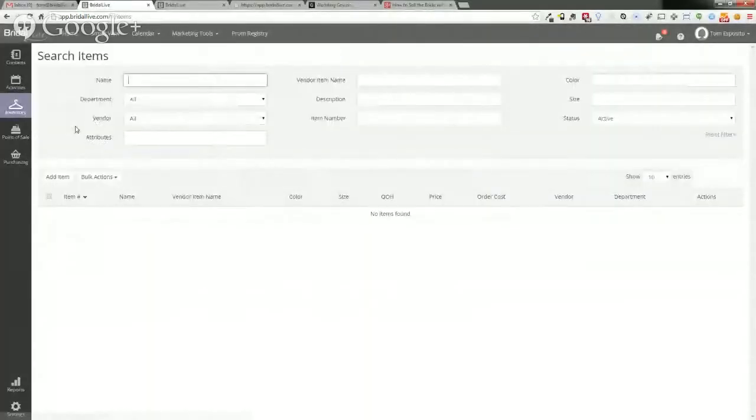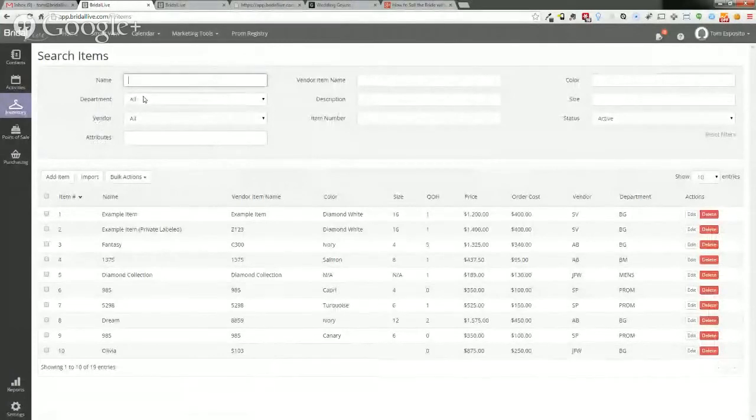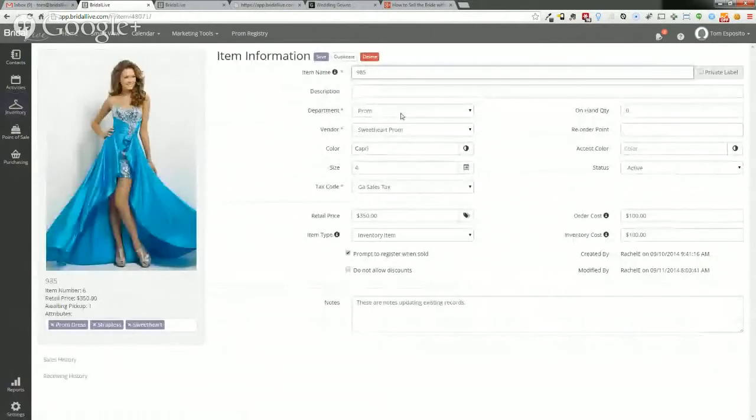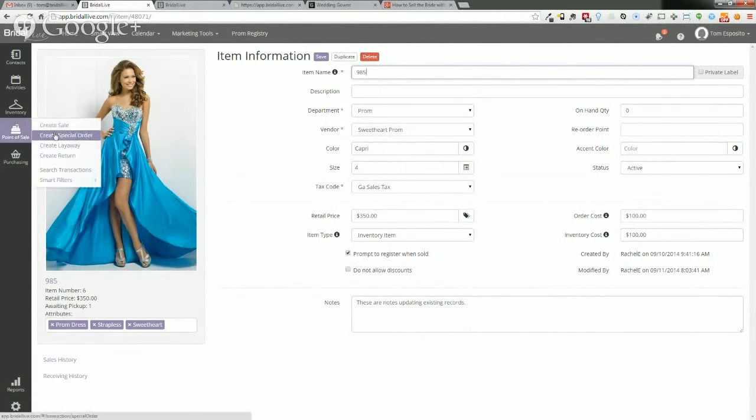So real quick, into the area, if we search for, I think this 985 item is a prom dress. Yep, a little prom dress here. So the way that prom registry works in BridalLive is that you set up your items, and then you can be prompted to register that dress when you sell the item. So you add your item to the system, you check the box that says prompt to register when sold, and then if we go over here and let's just say we're going to create